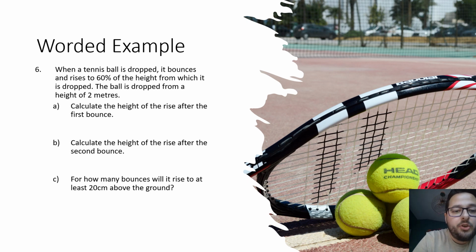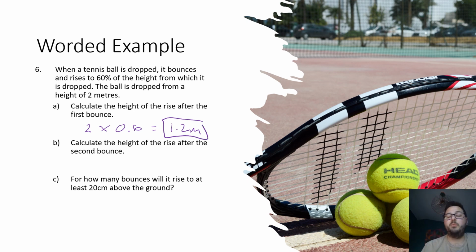Well, this is going to be 2 times, well, it actually tells you it rises to 60% of the height from which it was dropped. So we can actually just put 2 times 0.6, and that's going to be 1.2, and it's in meters. So after the first bounce is 1.2 meters. Part B says calculate the height of the rise after the second bounce. So we're on 1.2 for the first bounce, and then we times by 0.6, and let's do it in the calculator. So 1.2 times 0.6, we end up with